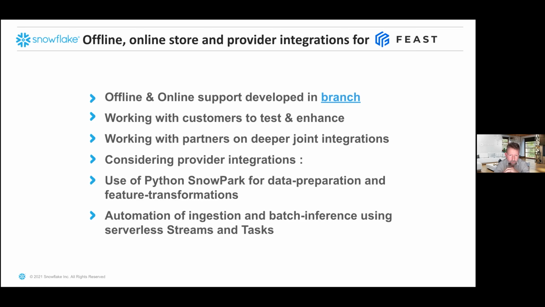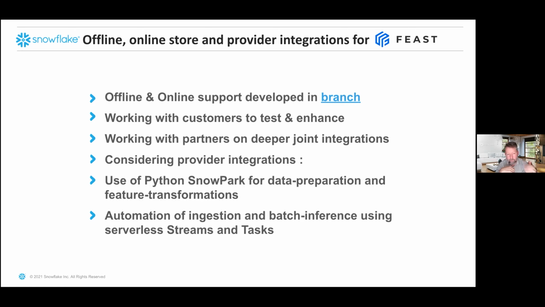We've got a branch linked here to that code, and we've started working with some customers and testing that with those. We're also working with some other partners on deeper or joint integrations with this as well. We're looking at where we can join up the dots between Feast and Snowflake and those partners, and then at what other integrations we might be able to add in.